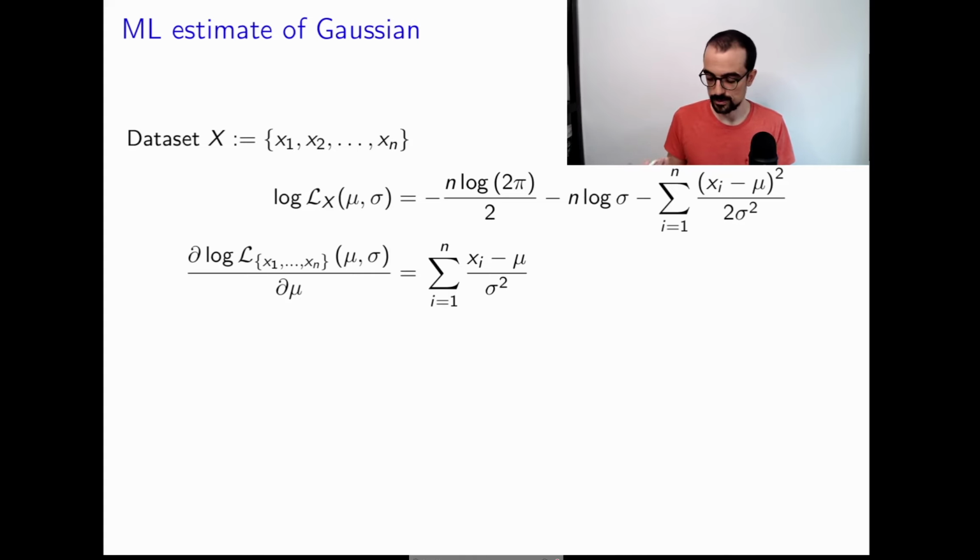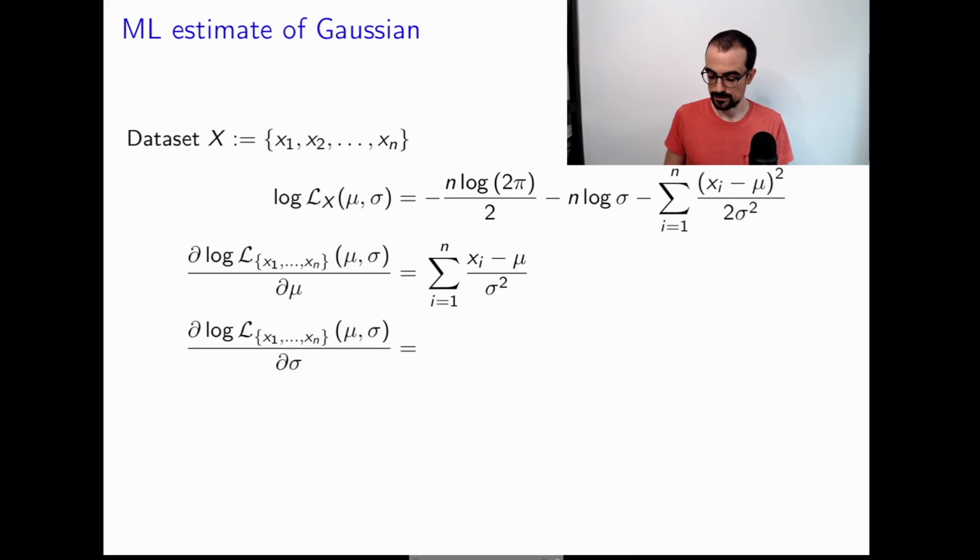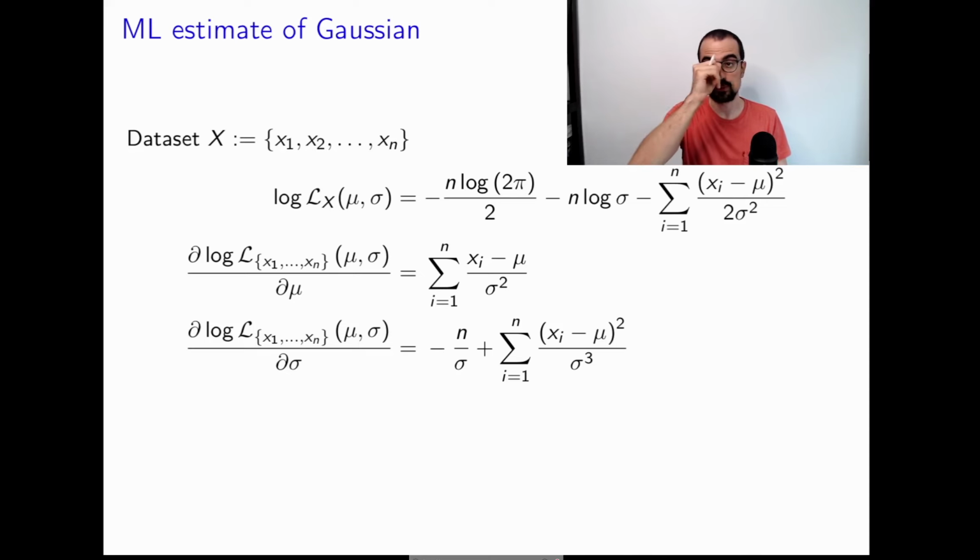We take the derivative with respect to sigma. This part is just going to be n over sigma, and this part is going to be whatever is above divided by 2 and then times minus 1 over sigma cubed. And then we have this other minus in front. So the derivative is going to be equal to that. Okay, so now we could just set these things to 0